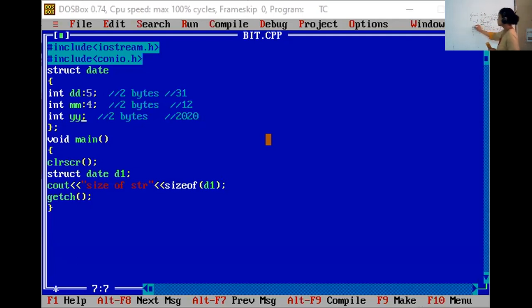There is no need to initialize or initiate this integer data type. That means these 2 bytes are not used. I am defining the width here, and these 5 bits will be used by this integer type which has been defined previously. I'm not going to define it in the next one. Here I will modify the example to clarify you more.